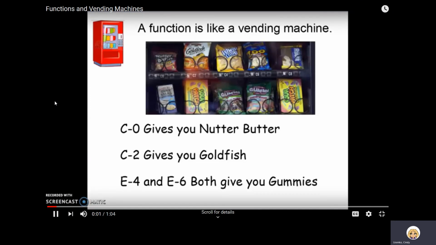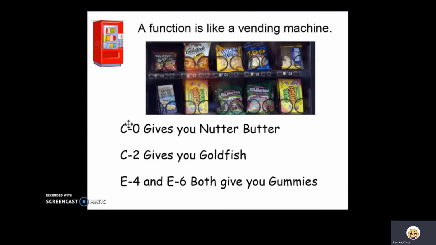A function is a lot like a vending machine. If we input C2, it would give us goldfish. And if we input E4 or E6, those options would give us gummies. Now, it's not a function if we could put in C0, but we may get tuna salad, or it would change every time. We're not sure, and that's not